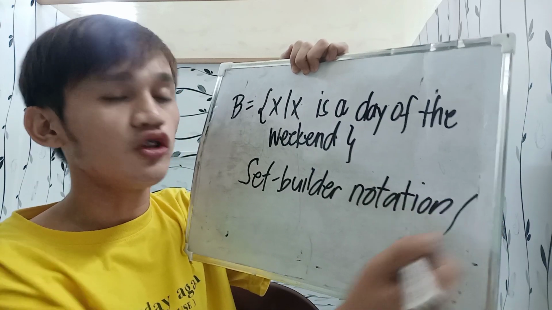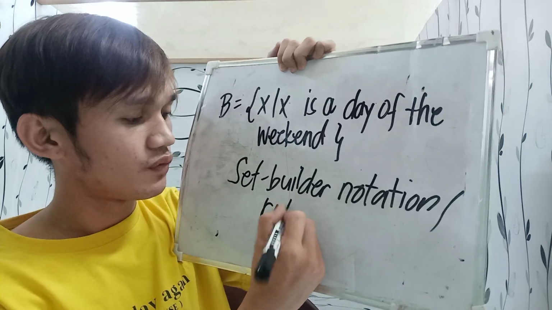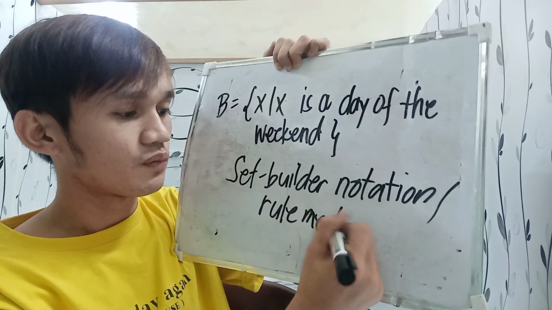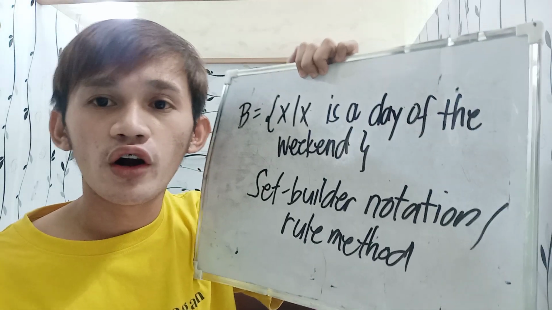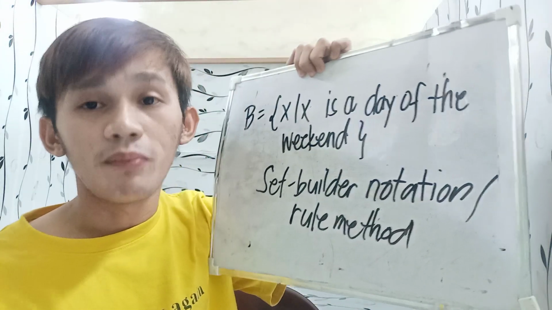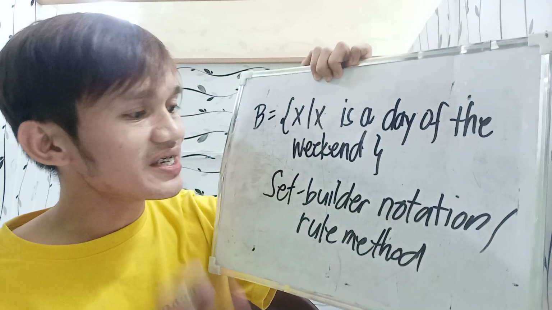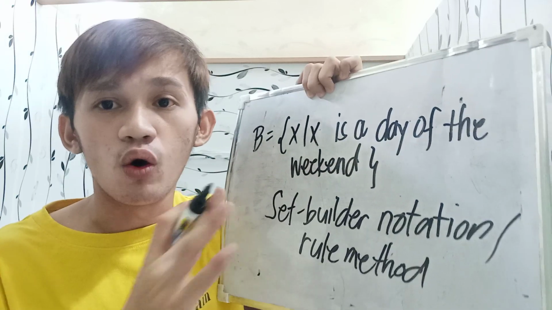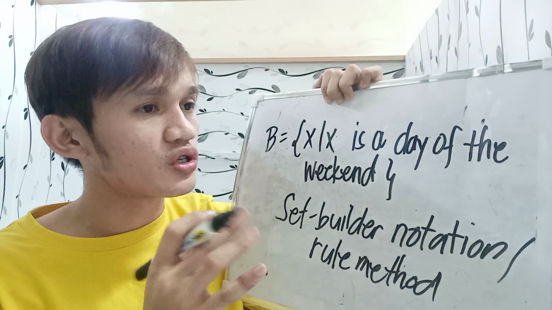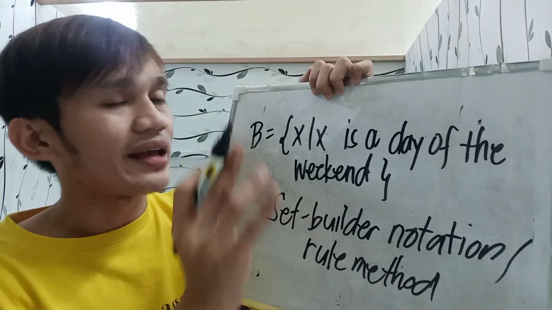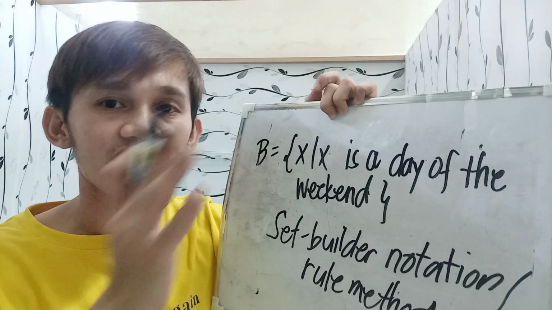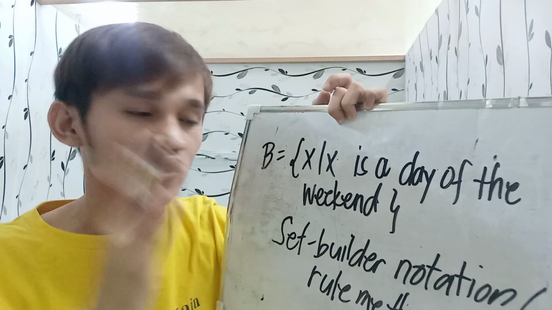The set builder notation or the rule method, they are just the same. In this case, you are not listing all the elements and you're not going to use commas. Instead, you are going to write x such that x is whatever the given is. So for example,